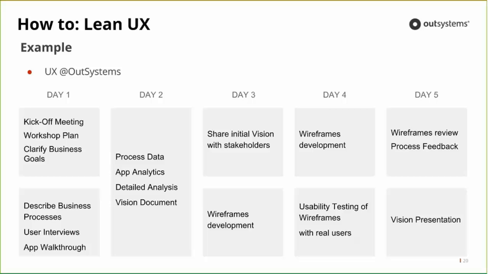So for instance, how do we do UX at OutSystems? We use Lean UX. We use a 5-day cycle where we try to gather context, meet the users, and usually, how we get clients, and usually clients are not very keen on letting us meet the users because, yeah, you know, it's not worth it. They will not have the right answers. It's hard. You probably won't understand the business. And it's all true, but if we manage to convince them that we need to just watch the users interact in their own environment with their own current system, just to see how they interact in their work environment, it's a really cool way for us to tap into the users and to what they do on a daily basis. And sometimes, most of the times, if that happens, we are allowed to speak with the users